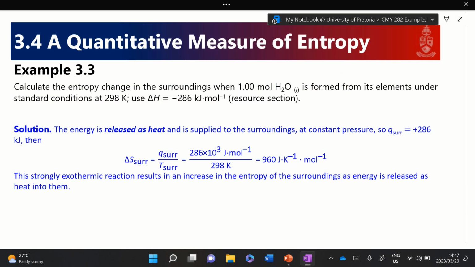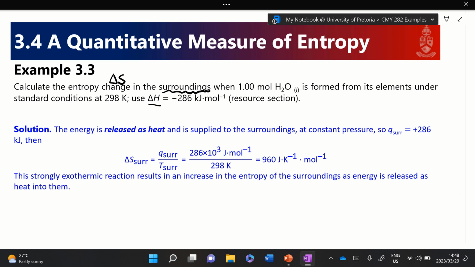Okay, so looking at example 3.3, we are now asked to calculate the change in entropy, or the entropy change, for the surroundings. In other words, we're not looking at the system, we're looking at the surroundings, when 1 mole of water is formed from its elements under standard conditions at 298 Kelvin. And we're given the enthalpy of formation of water from the resource section, which you could also have looked up yourself, but it's not given to you